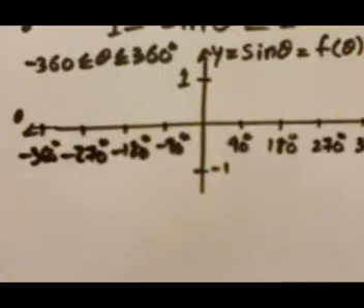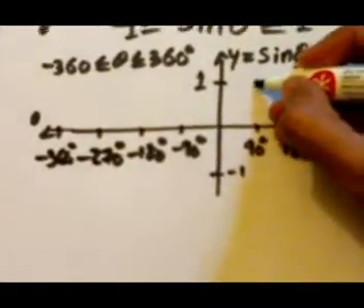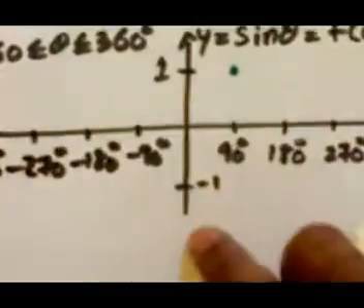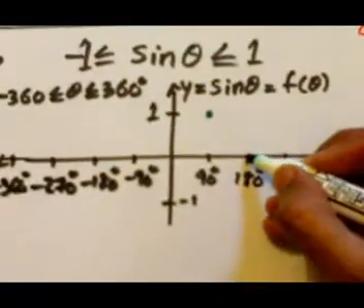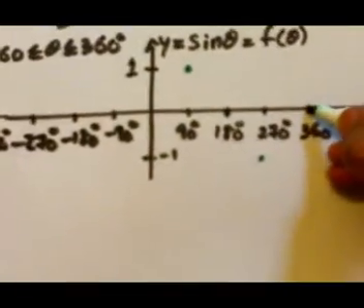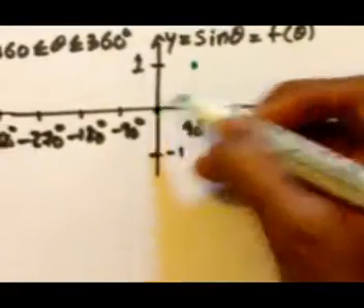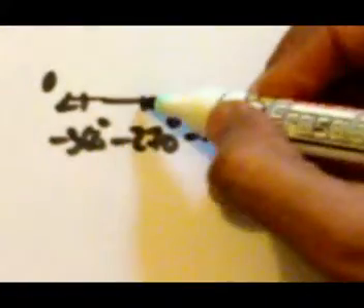Now if you have your calculator with you while watching this video, take your calculator in your hand, and I'll tell you a simple thing: at 90, sine is 1. You can check this on your scientific calculator. Just put sine and write 90 as the angle and you'll get this value. At 180 sine is 0. At 270 it is -1. At 360 it is 0. At 0 it is 0. At -90 it's -1.